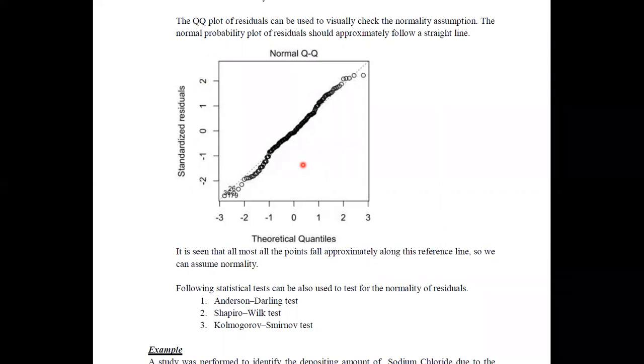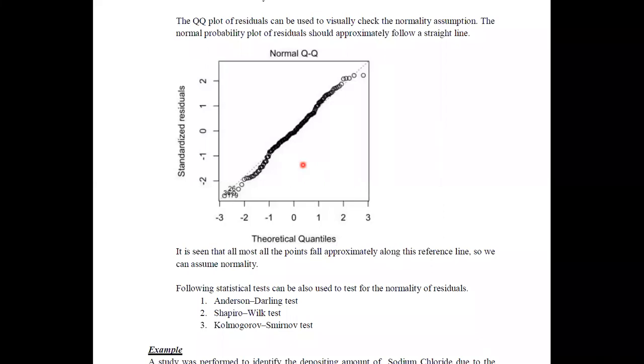And then the second one is the mean value 0. Again you can use the residual versus fitted value plot. If the mean value is suggested as 0, then we can say the assumption is not violated, or else you can simply use the t-test for residuals to test whether the mean value equals 0.